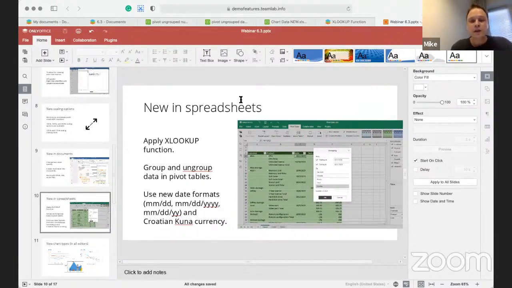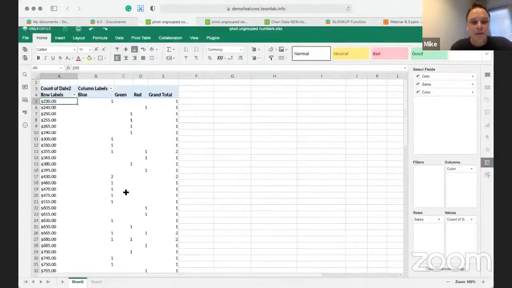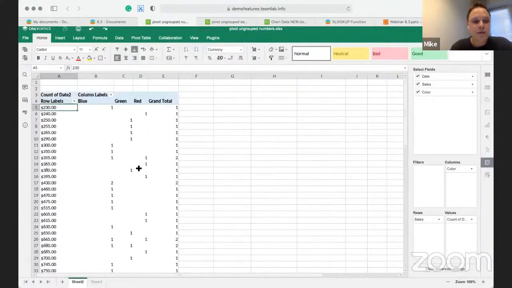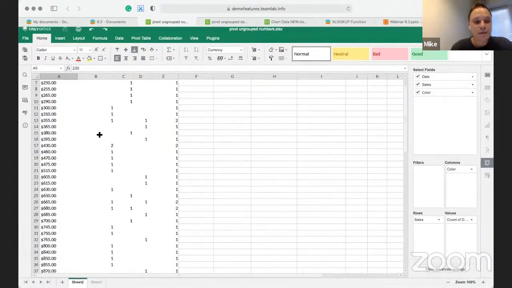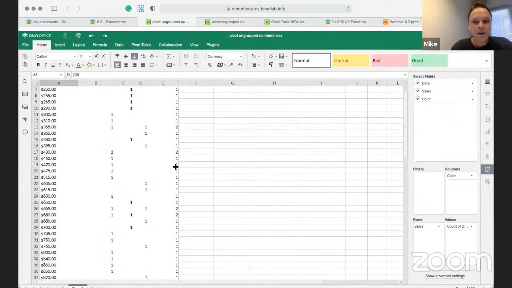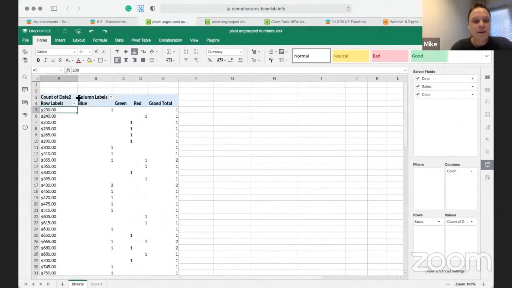Okay, let's see how it looks. Let's start with the grouping and ungrouping. Here I have, okay, there is some sample table about the sales, and it's quite long. Okay, so let's assume we would like to group this sales of some items by the prices, and